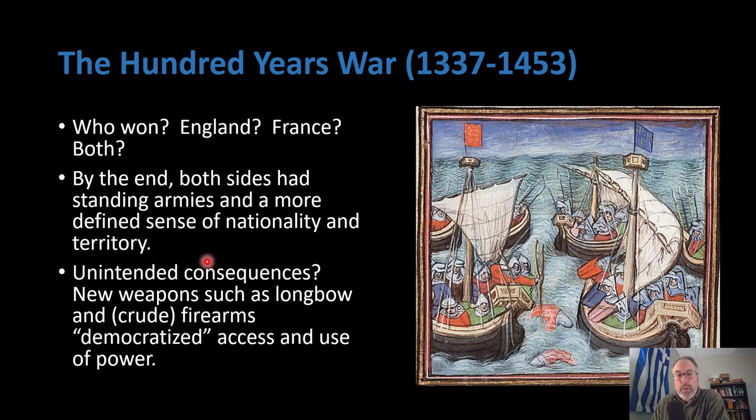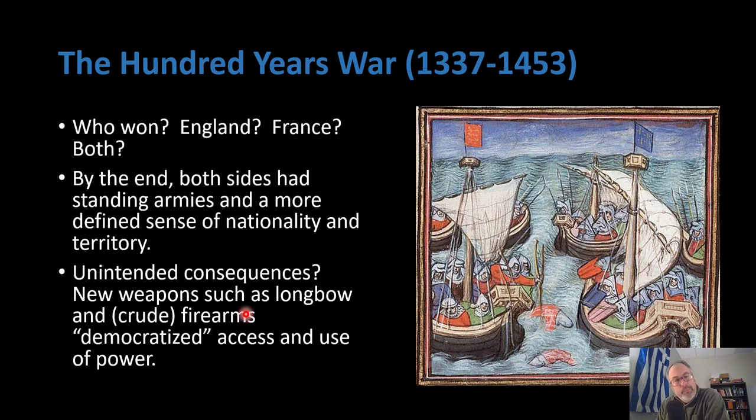Another thing, so we talked about the papal schism, when we finally get one pope back in Rome. One of the consequences of that is a more democratic approach. Councils need to have more power than just the pope. Another democratizing thing happens during this war: the 14th century is an age of invention, and it's during this war that